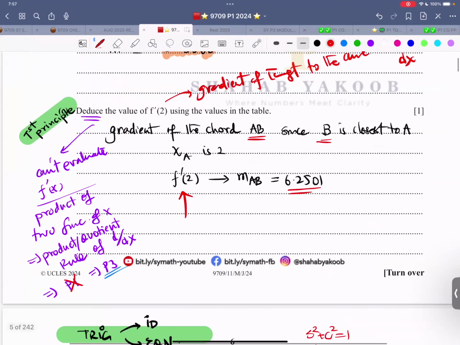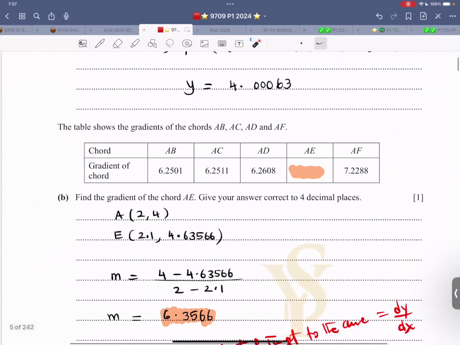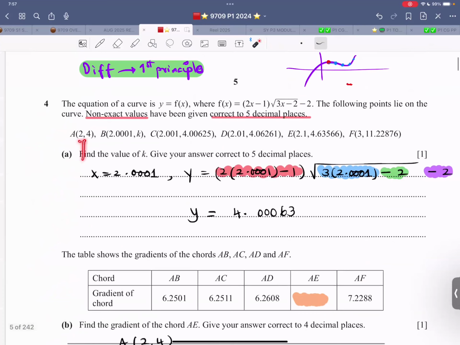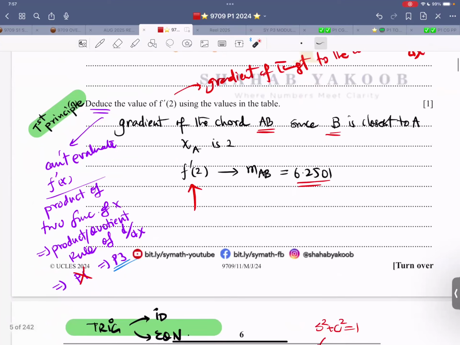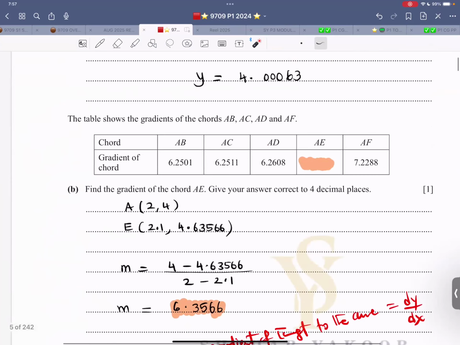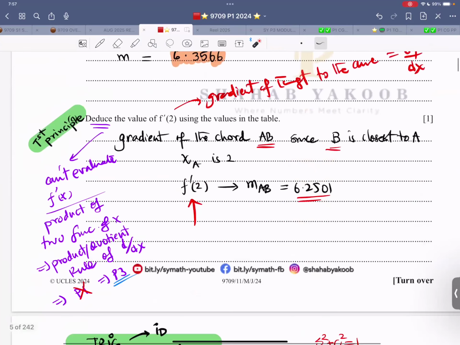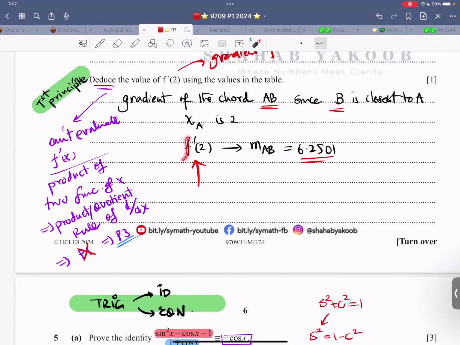So what do we do? The gradient of chord AB, since B is closest to A, that will give me the gradient. How do I know B is closest to A? Look over here. The x coordinate of A is 2. The x coordinate of B is 2.001. Then 2.001, this is bigger. 2.01, even bigger. 2.1, very big. 3.11, very far away. So these two are the closest to one another. So the gradient between these two points, which is already given over here, 6.2501,